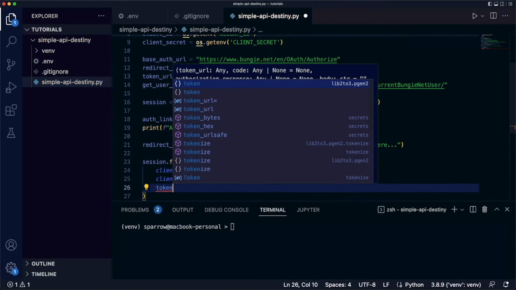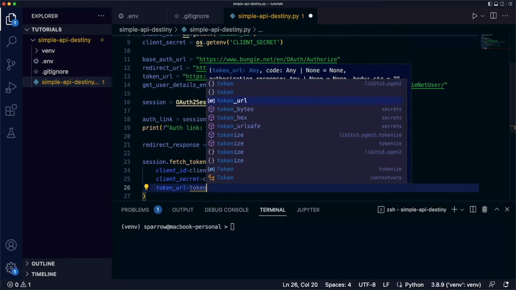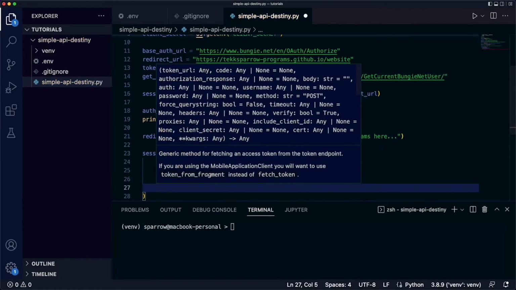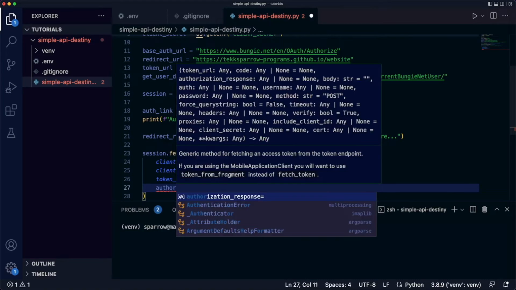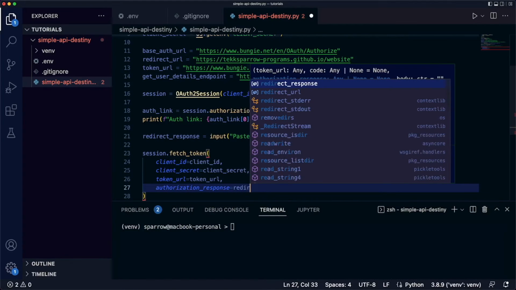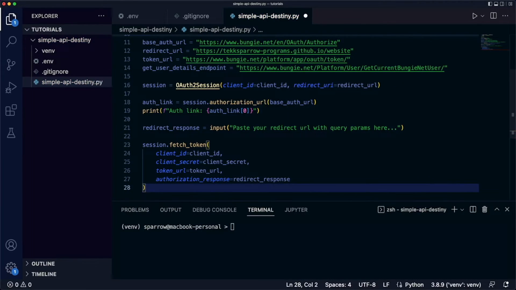And then we need to know where to go. So give it the token URL. And then it needs the authorization response to parse. So that's our redirect response. Great. So if this method returns, is completed successfully, our session object will now have a token inside of it. So any sort of request we make after this, if a token is required, it will automatically include it into